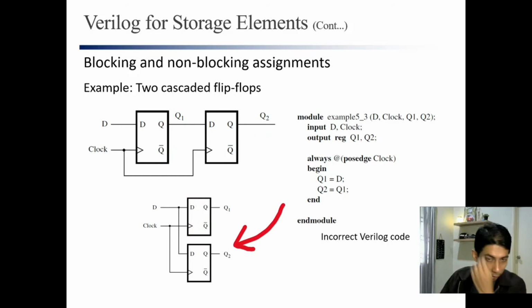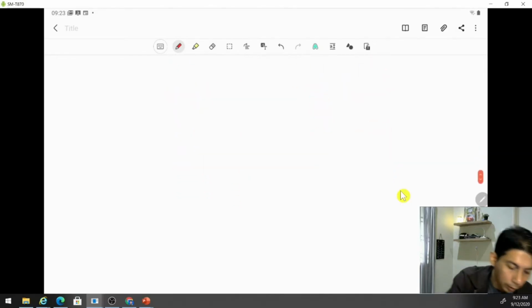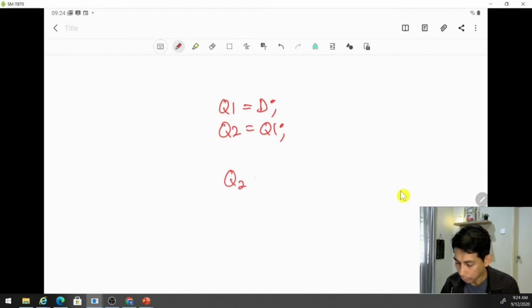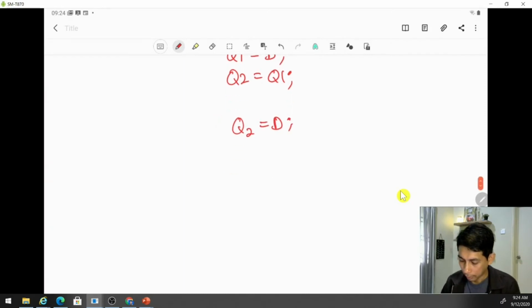Or sometimes, if you don't have Q1 as output like this, you may get something like this. Because we say that Q1 is equal to D and Q2 is equal to Q1, what the Verilog will do is make Q2 equal to D, same thing. So it will give you